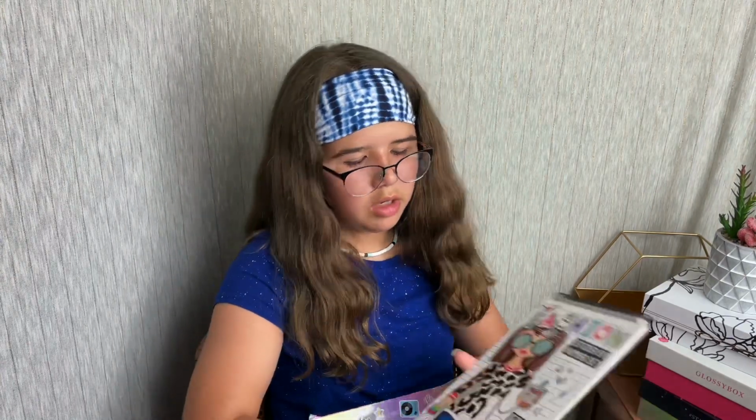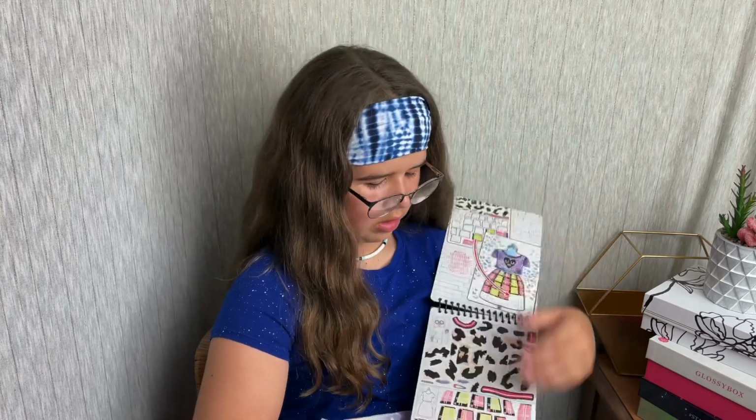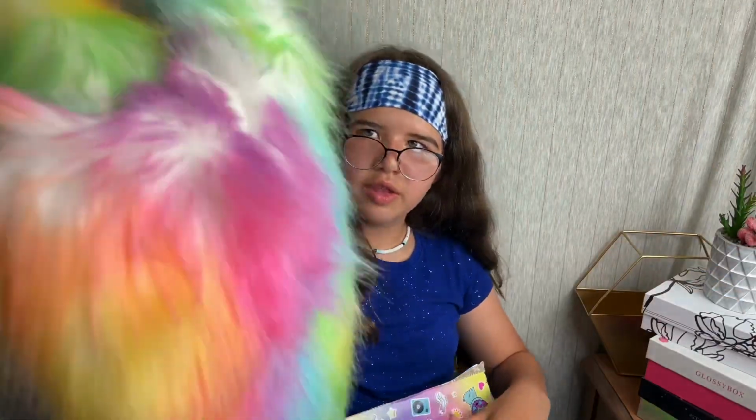And the last thing is this sticker by number set. It's like a fashion designer thing. Stickers, people. Oh, that's cute. I like that. So for your $30, you get the fashion sticker by numbers, the cool Yeti bag, as you called it,